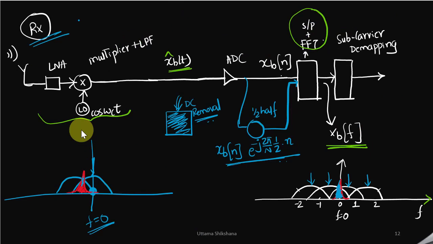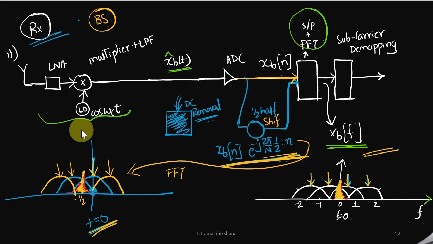When the signal is transmitted and received, the receiver is now actually the base station, right? If I take this particular direct block without performing any operation and look at the output of xp of t, I would see that my spectrum looks like this, where the residual DC is present at f equal to 0. But since the subcarriers are shifted, you will see that the information present at these subcarriers is not corrupted. Maybe some residual of DC might be present over here. So for that reason,